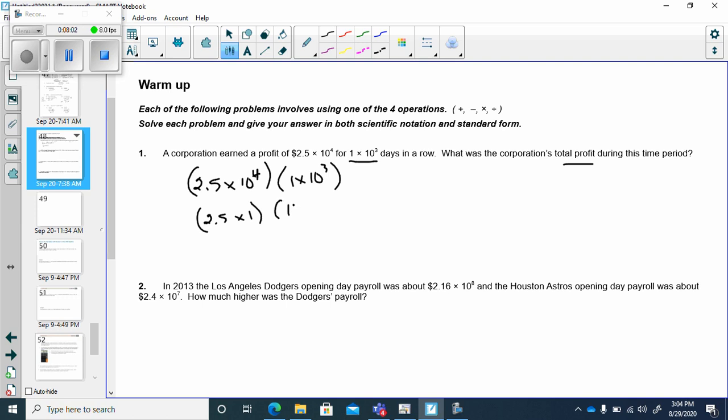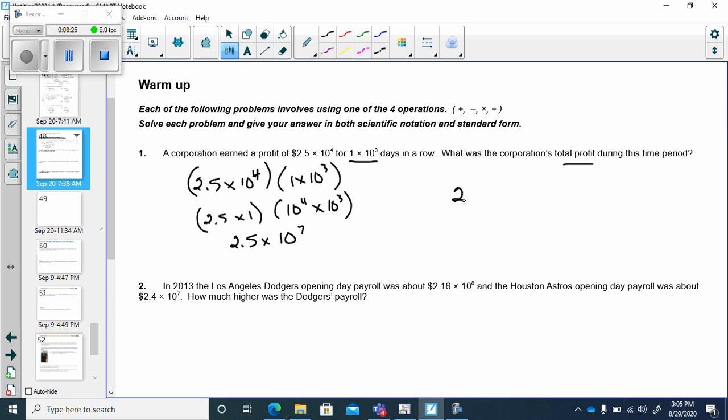Collect the back ones, 10 to the 4th times 10 to the 3rd. 2.5 times 1 is 2.5 times 10 to the, and whenever you're multiplying, you add your exponents. 4 plus 3 is 7. Okay, it's 2.5 times 10 to the 7th